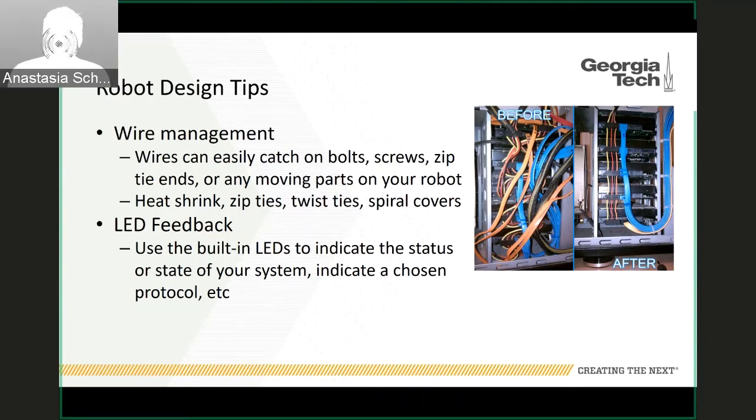So you're going to have 2 LEDs on your board. You're also welcome to purchase more LEDs and wire them up to your Arduino if you know how or if you want to learn how. Just remember you need to use a resistor if you do that. So you can use those LEDs to indicate things about your robot, like the status or state of it, indicate